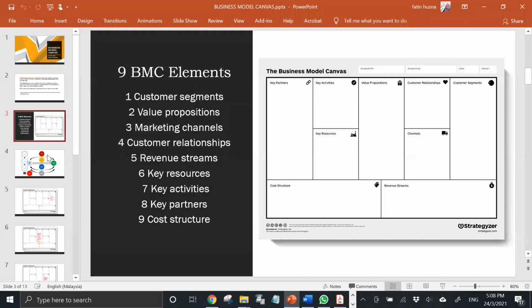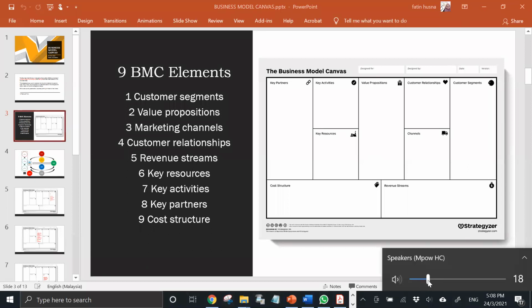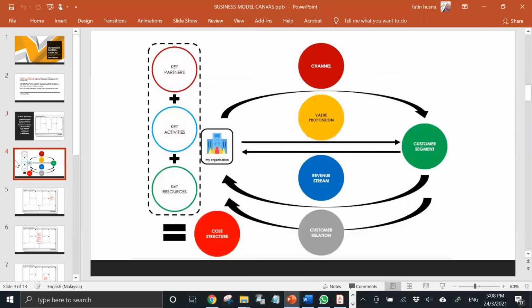Madam, can you explain more on the revenue streams and the cost structure? Okay, I'm going to explain this. So basically,